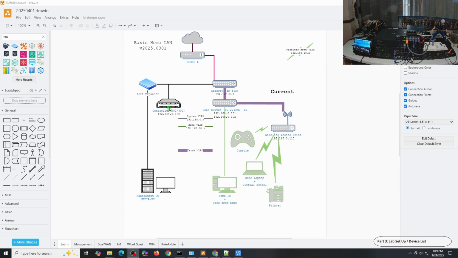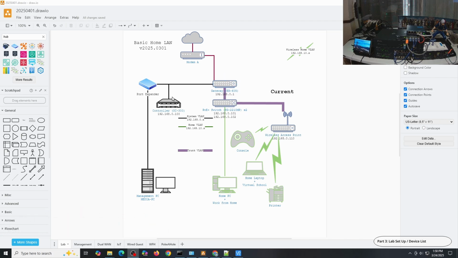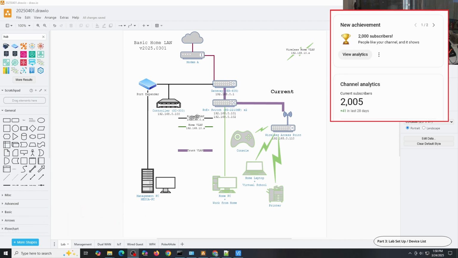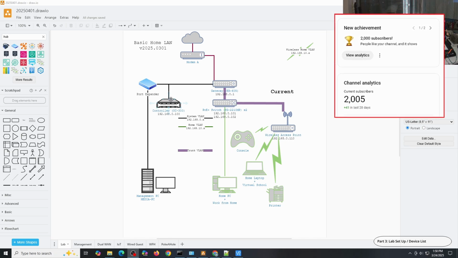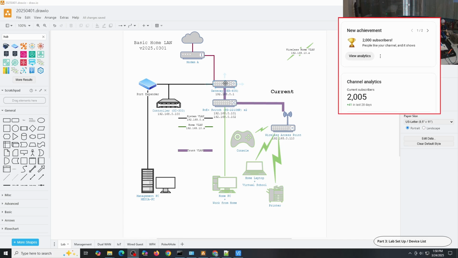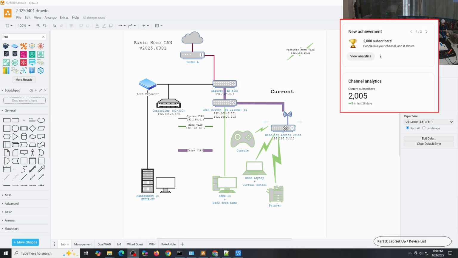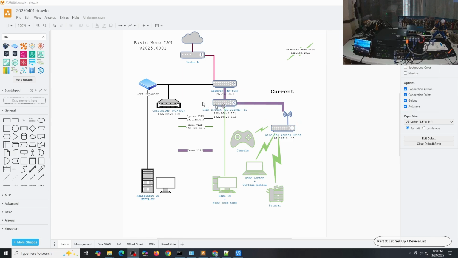So in this network, you will see that I still have the system VLAN. The system VLAN is currently my management VLAN. And this is what we're going to change. I have 192.168.0.0 for the system VLAN or default VLAN network, and the controller is using 192.168.0.100 as its IP address. The gateway is 192.168.0.1. The access point is 192.168.0.110. And for the switches, I actually have two in here. That's why I have an x2 in here. And I have IP addresses .101 and .102.